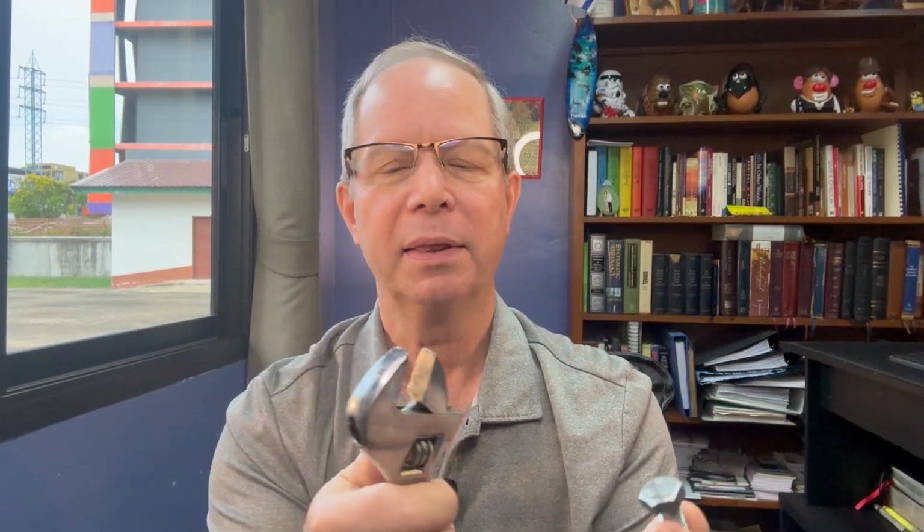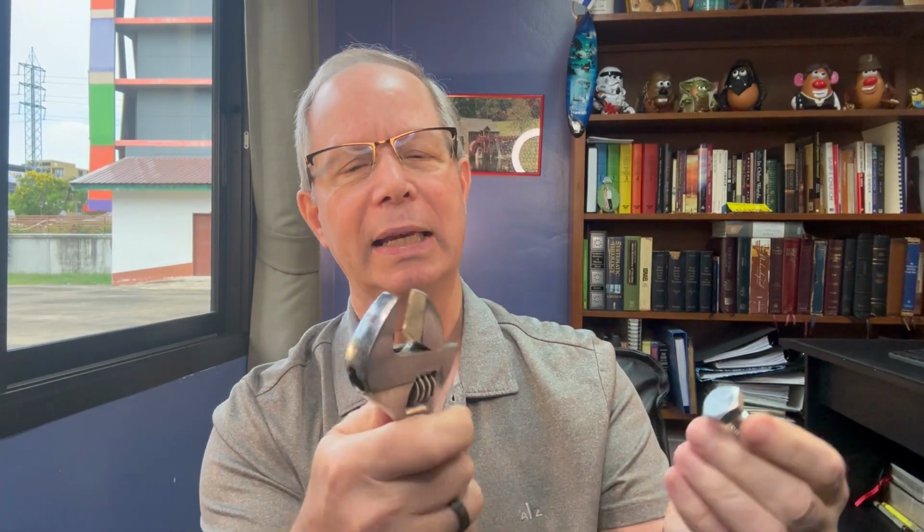I've got with me today an adjustable wrench, and it's named that because amazingly, it's adjustable. I can change the depth of this gap right here, which is a good thing because let's say I have a bolt like this, which happens to be a 17 millimeter bolt, then if I don't have a 17 millimeter wrench handy, I can get the adjustable wrench and I can change it and make it fit that right